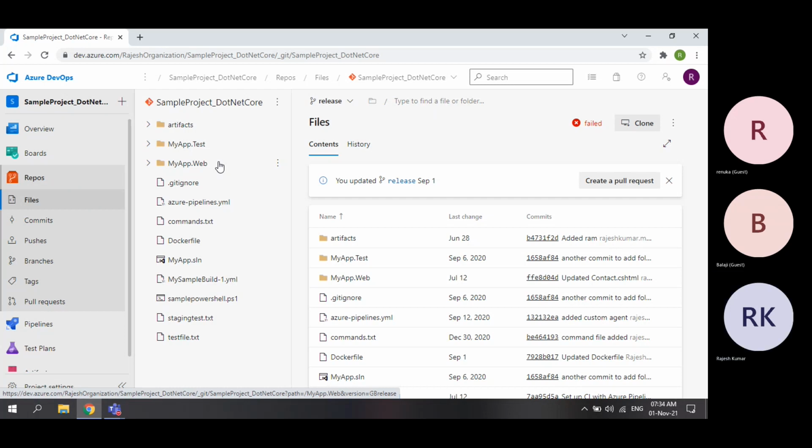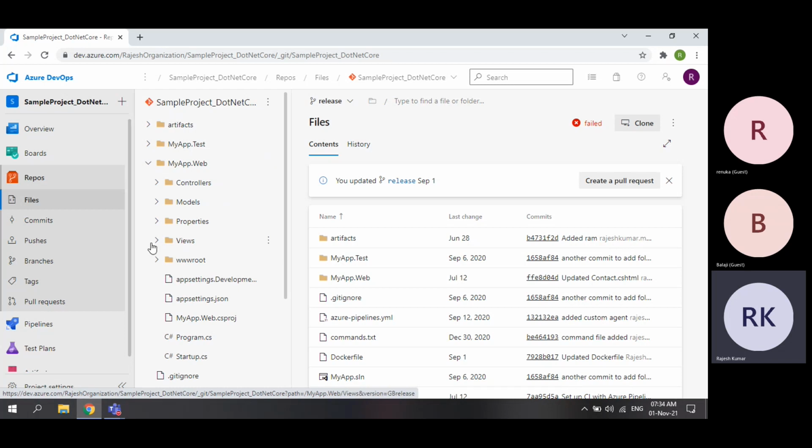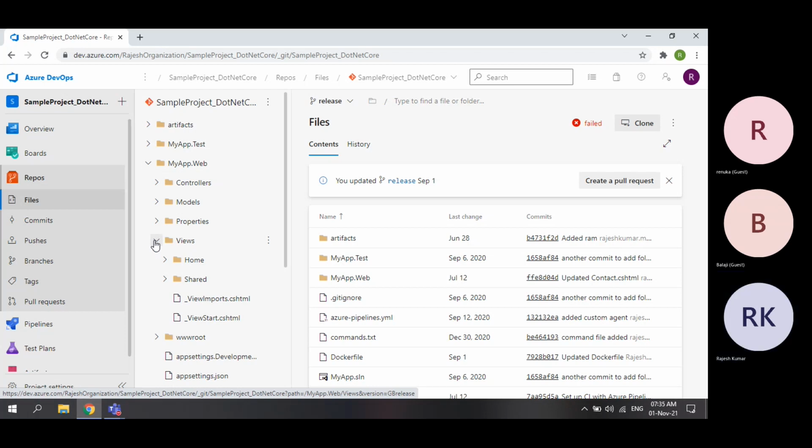Okay. So when I say that this is a .NET website, I cannot show you like this. I can show you just the source code. But if I wanted to show you the actual website, I need to release this to some environment by using our build pipelines and release pipelines.